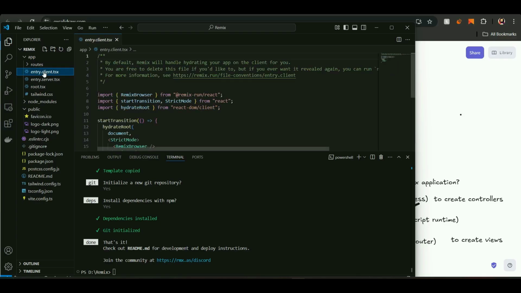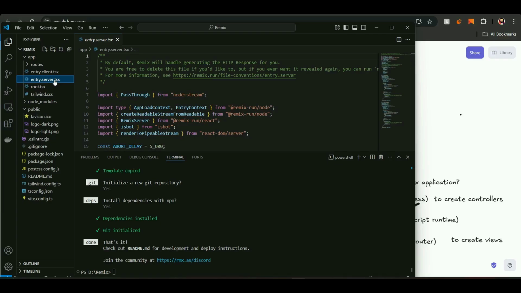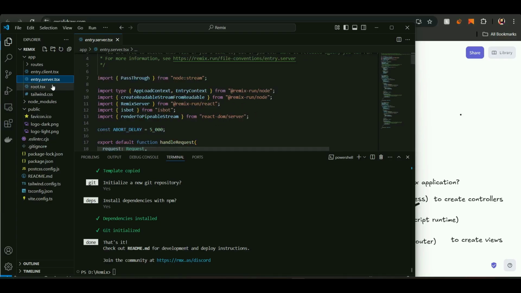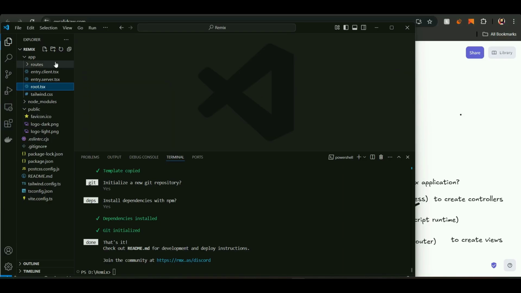One is entry.client. Whenever someone opens the page or a route in a client, what's going to happen? When someone opens a page on the server side, what's going to happen? And the root. Root is something like a layout of whatever you're going to see. We are going to discuss each file later in depth, but for now, we are going to focus on this